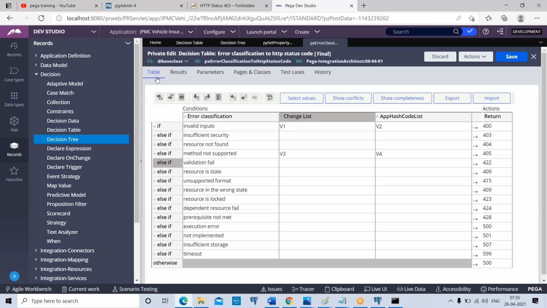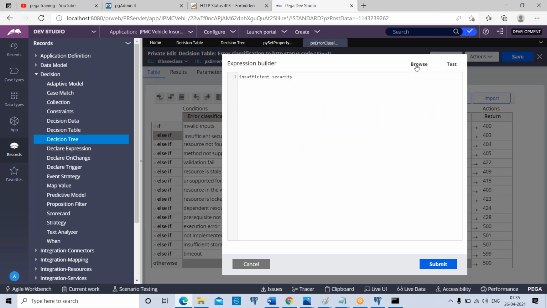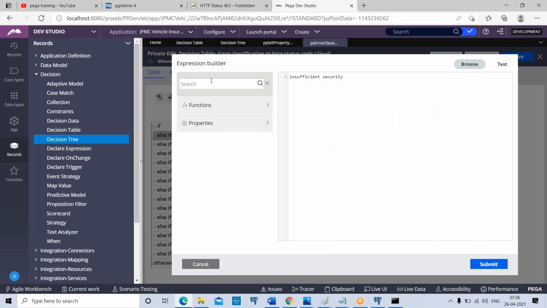If you go to the table tab, here in the decision table, we have an option of using, what is this one? Gear icon. What does this gear icon mean? Expression builder. We have an option to access expression builder. If you go through the expression builder, we have functions.